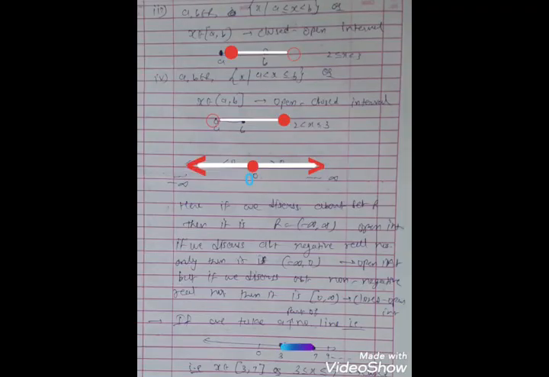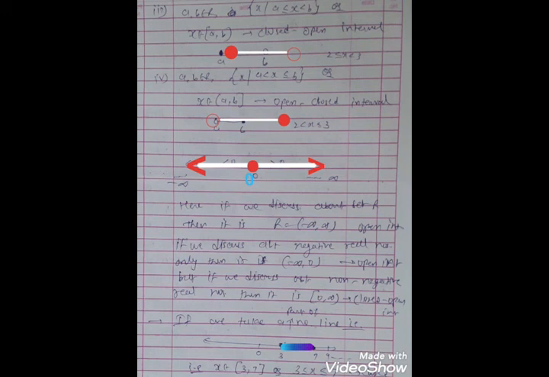See here, the left side is darkened by the red color and the line is shown by the white color, and on the right side there is a hole, where A and B are the end points. Here the left value A is included but the right value B is not included, so it is considered a closed open interval, and it can be written as x such that A less than or equal to x less than B. So x belongs to square round bracket, meaning the closed open interval AB. Meaning the left extremity A is possible and the numbers between A and B are possible, but B is not possible.